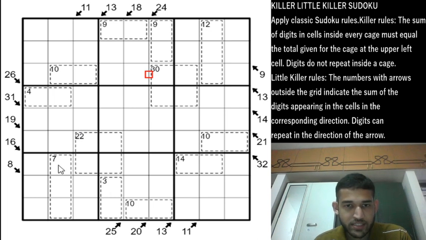Now a 7 cage is in box 7, so this can only contain 1, 2 and 4. This is the only possibility when there is a 3 cell 7 cage. And now a 4 cage can only have 1 and 3. There is no other possibility, and because 1 is in column 2, so here there will be a 1 and this will be a 3.